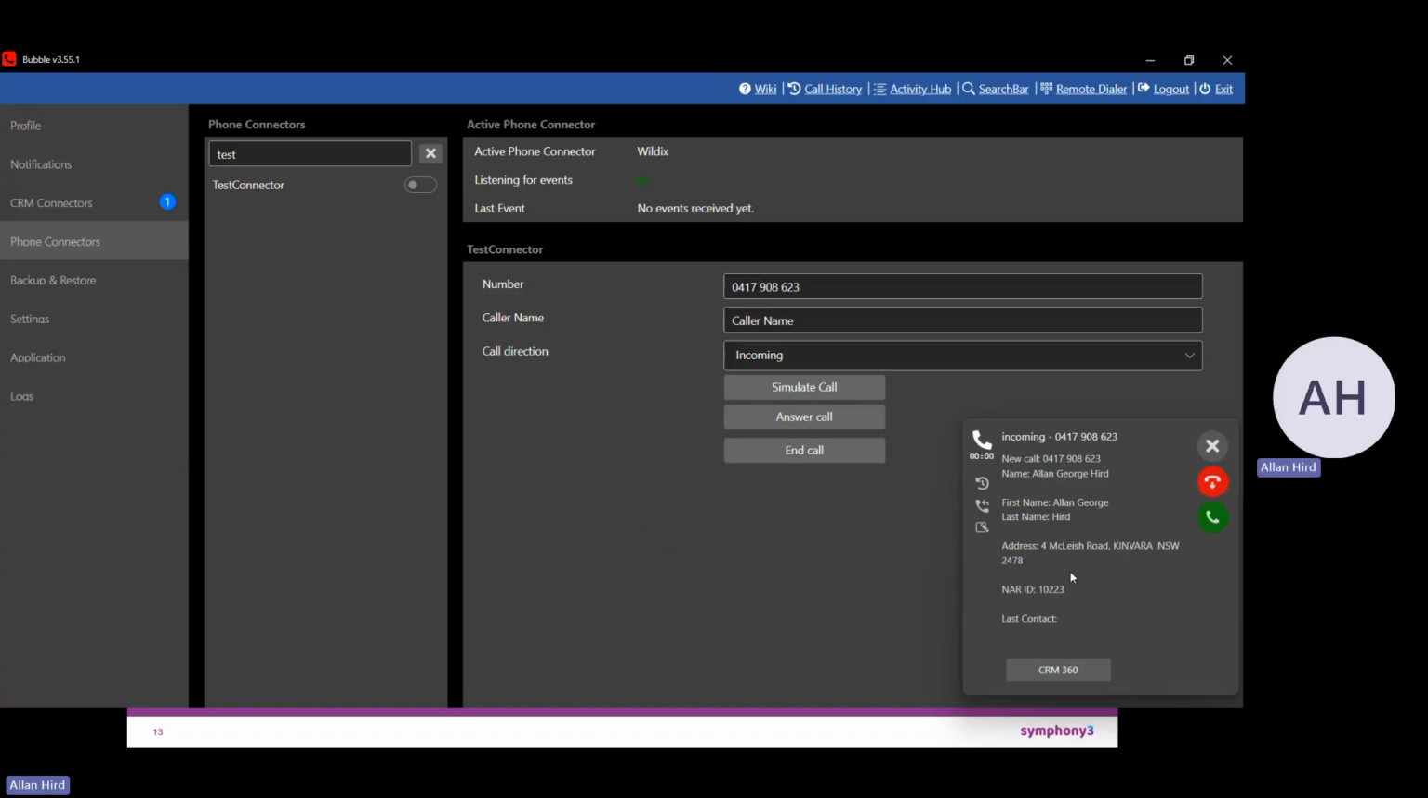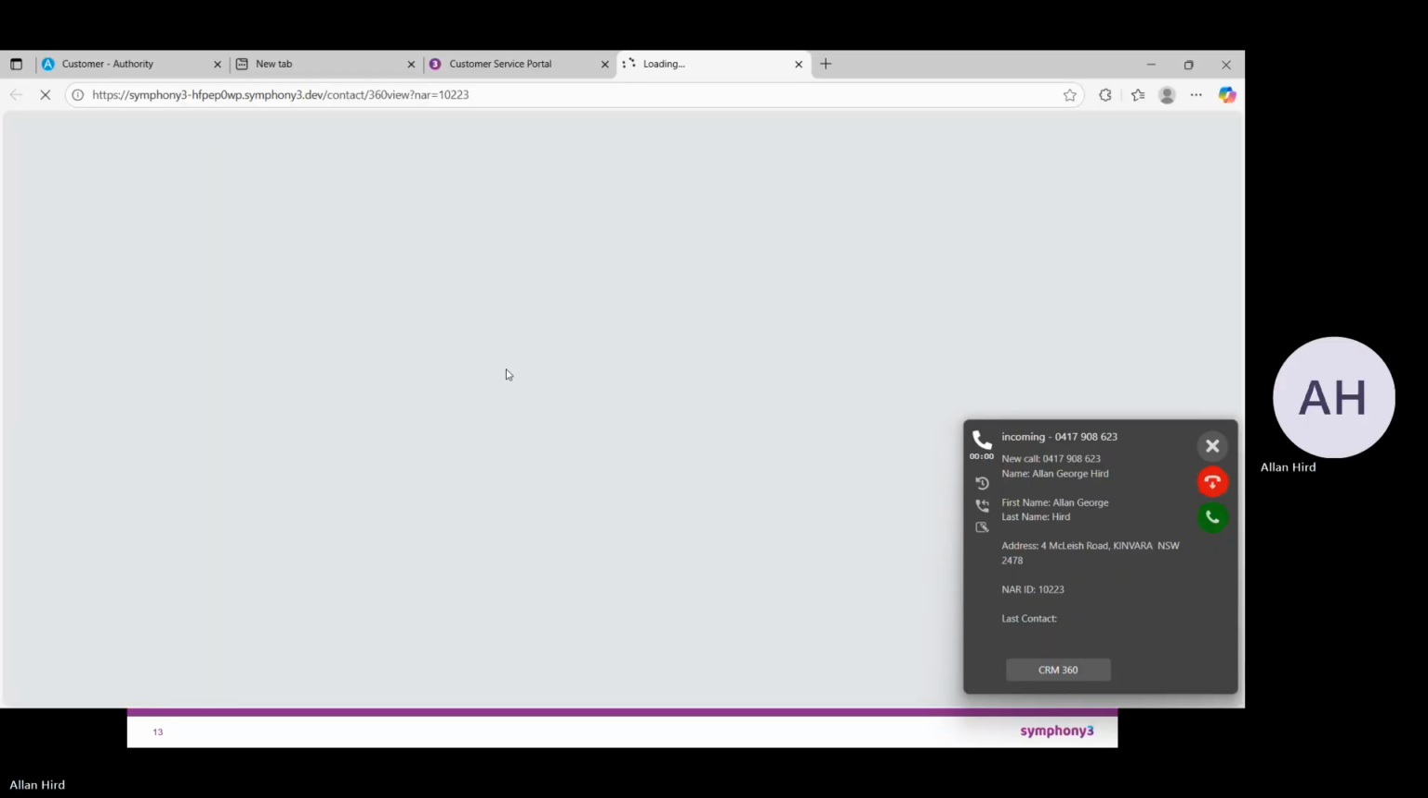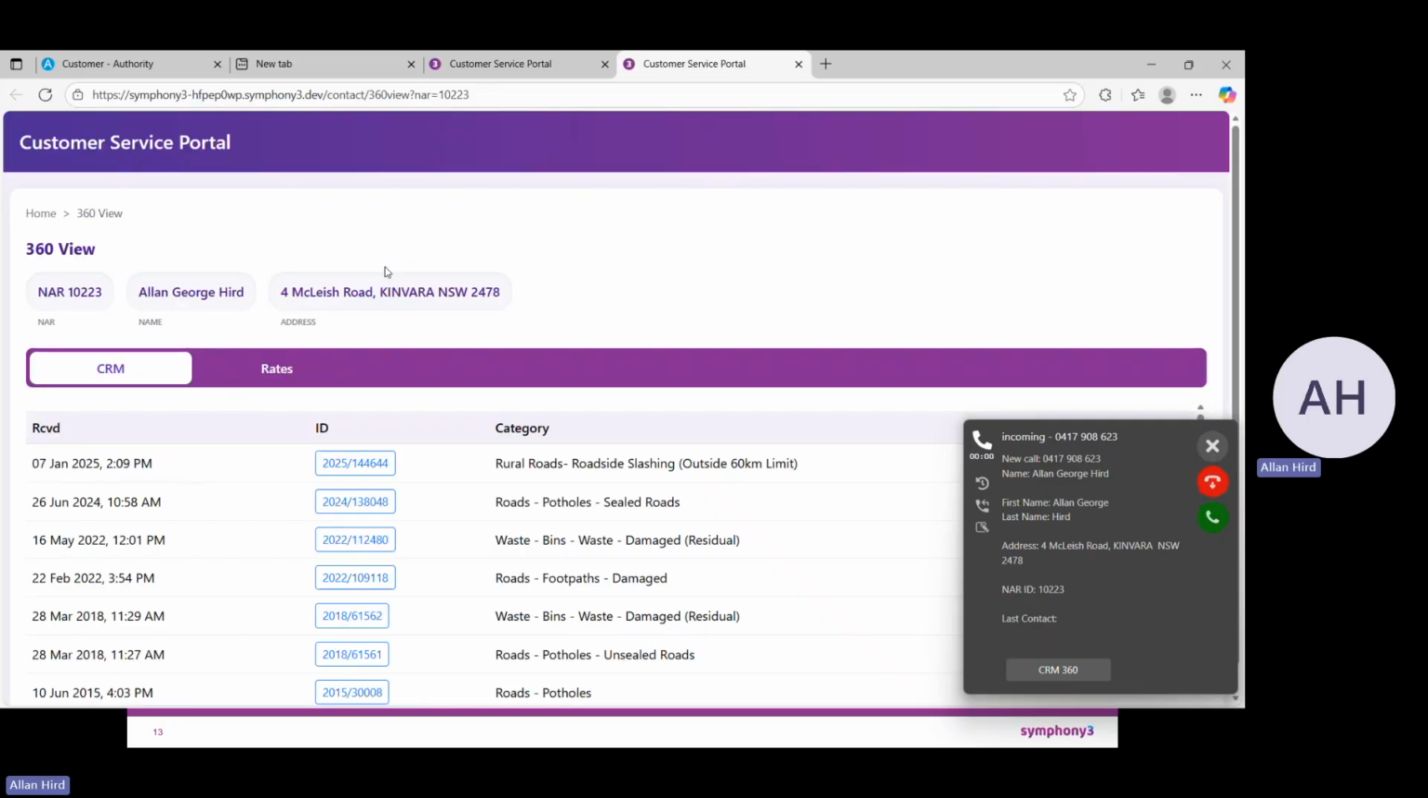Now, as you can see, there is also a button that has been configured to start what we call CRM 360. This is another API that starts the 360-degree portal and provides an overview of the NAR and CRM information. In selecting the button, we start our customer service portal. Here we have surfaced our NAR information, NAR 10223, Alan George Hurd, 4 McLeish Road. We have also shown the latest CRM information, and here provide direct application linking into CRM,